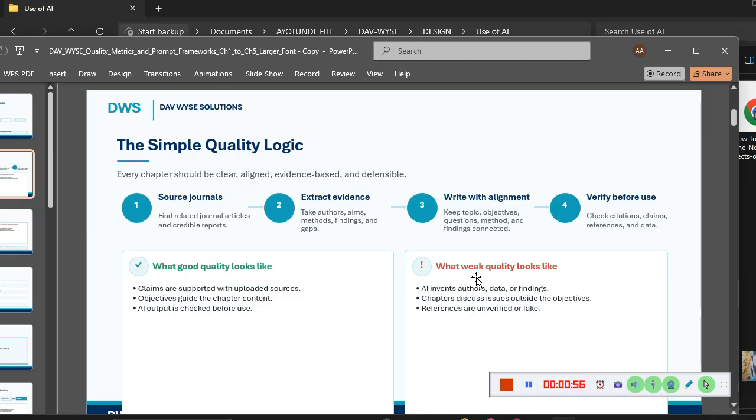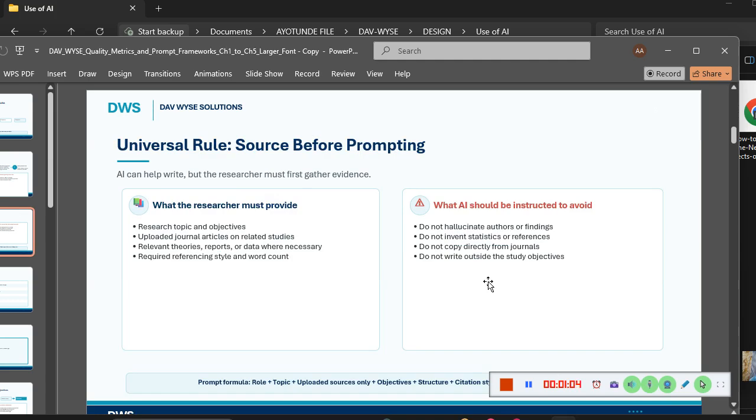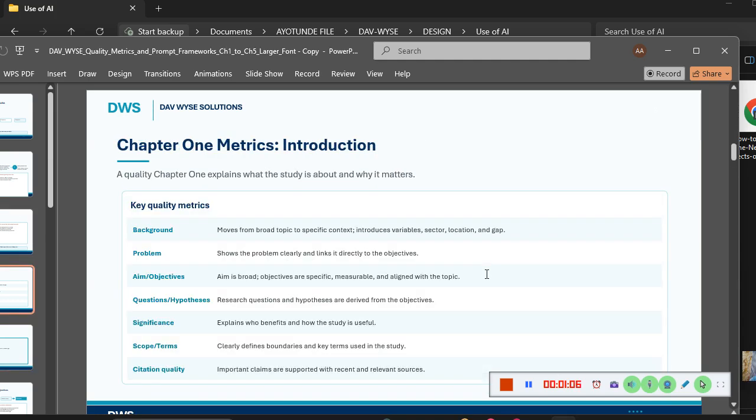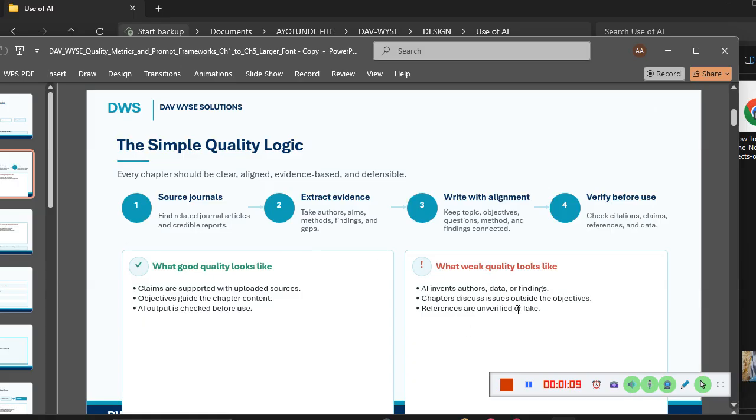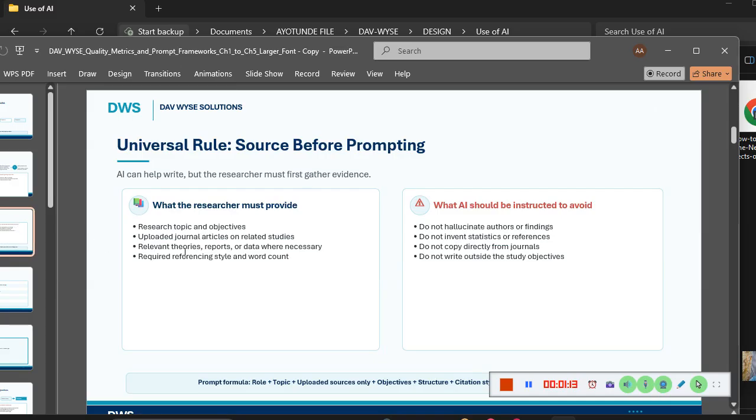So what does weak quality look like? AI invented author, data, or findings. Chapter discusses issues outside the objectives. The references are unverified and/or they are fake. So then the next one is